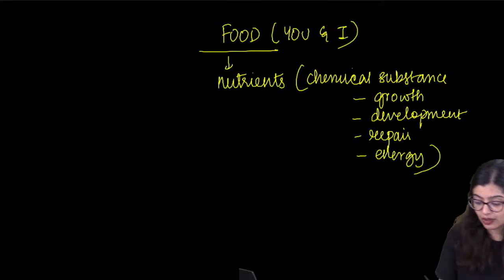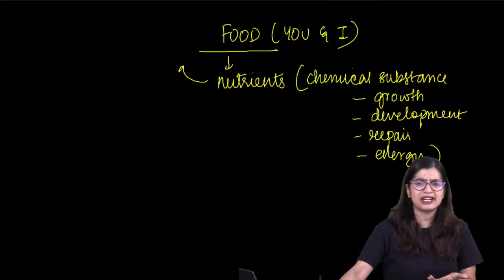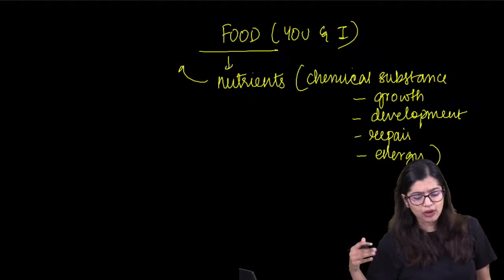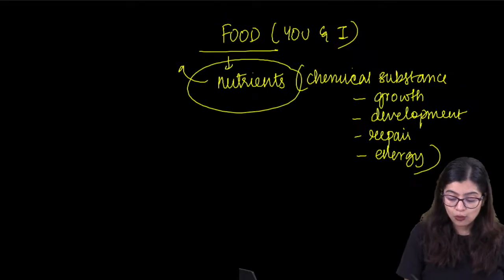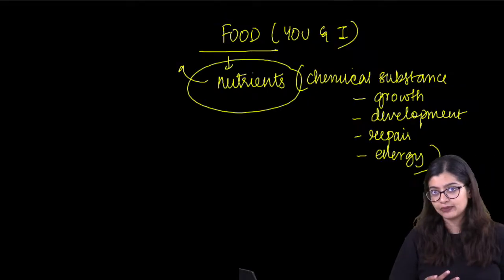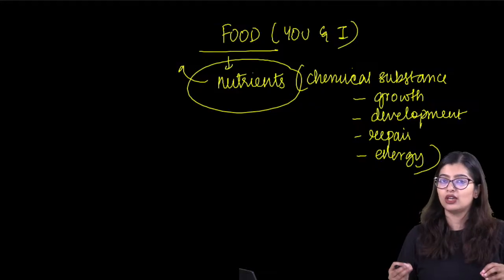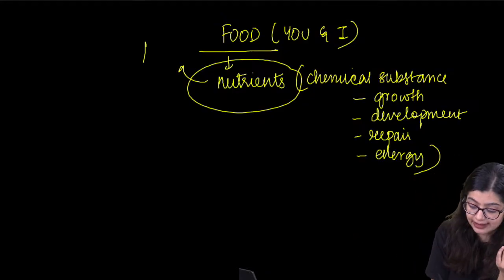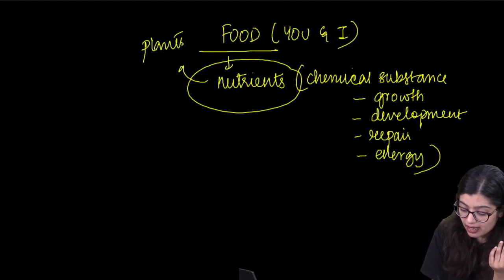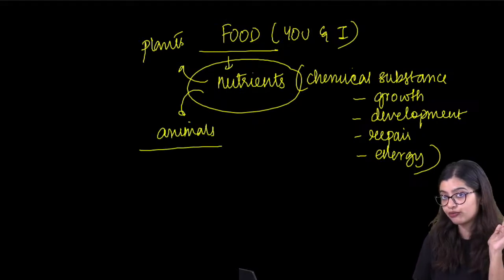Now in this particular case, we have nutrients like carbohydrates, proteins, fats, vitamins and minerals. Now my question is, these nutrients, we get from the food that we eat. We don't make our own food, right? Within our body, we are not making any food, but rather we are eating food either from plants or from animals. So we are not making our own food.